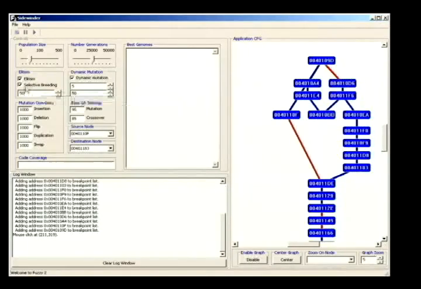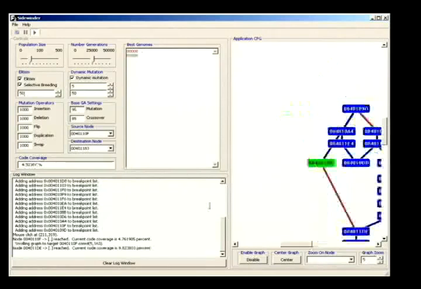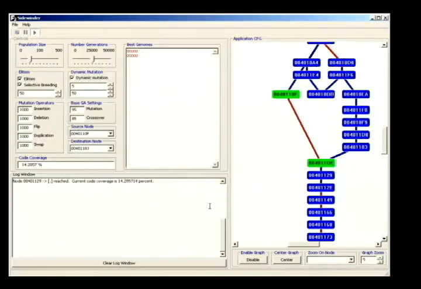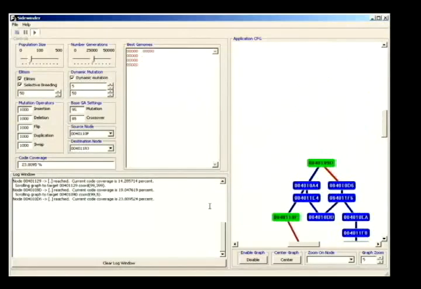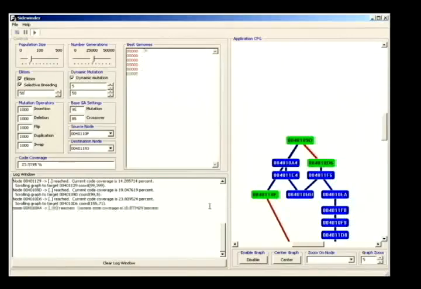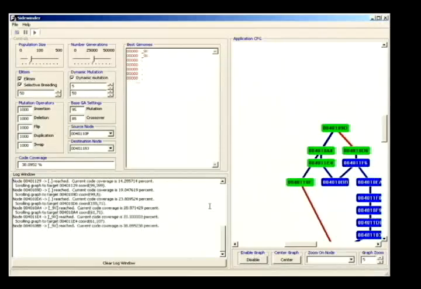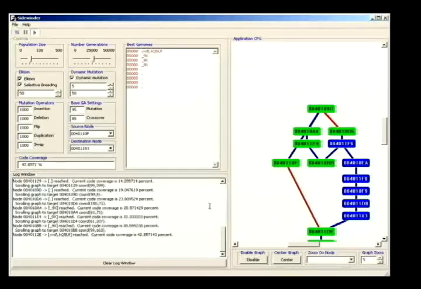So once we have that, we go ahead and press play, and you're going to notice best genomes popping up right away. As it hits a node, it's going to color it green, so you can kind of track its progress. Now up front, there's just some random stuff happening. The interesting part of